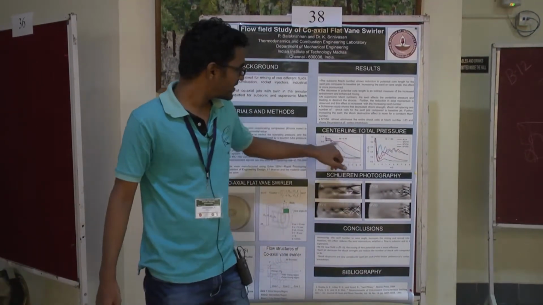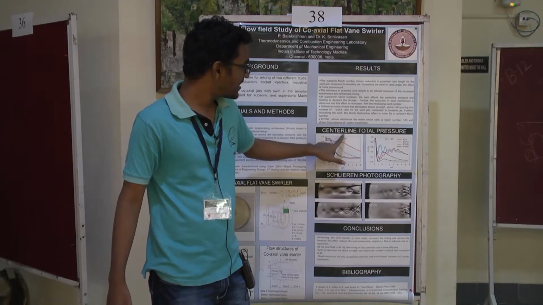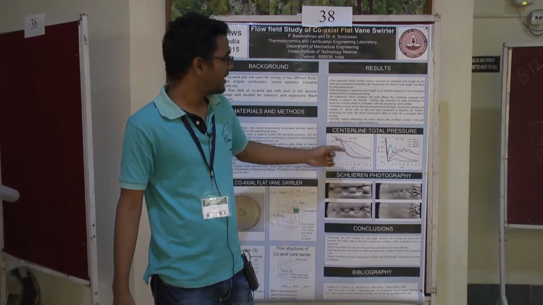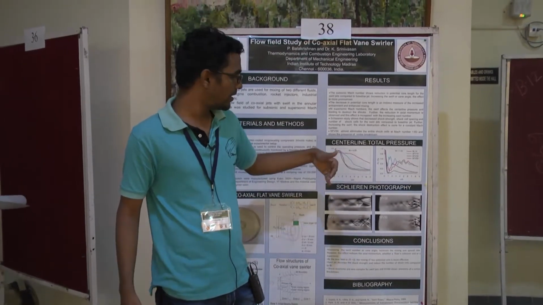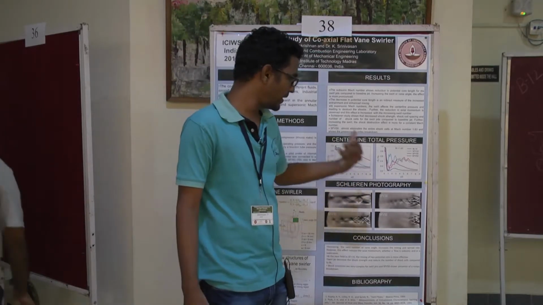We can see here that with increasing swirl number, the potential core length is reduced, and also the mixing region, I mean the transition, is very steep for the higher swirl number. So this explains that increasing swirl number increases the entrainment and increases the mixing. So by increasing the angle we can enhance the mixing of the flow fields.